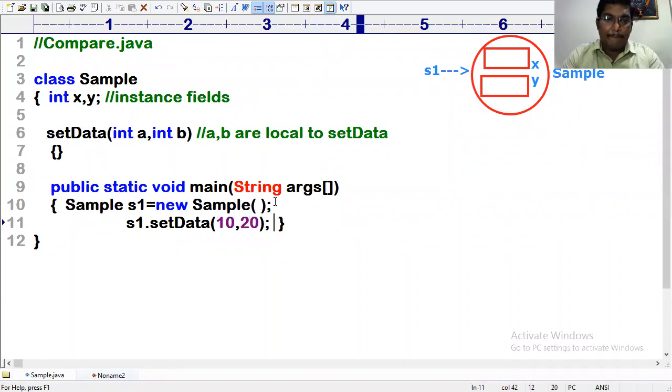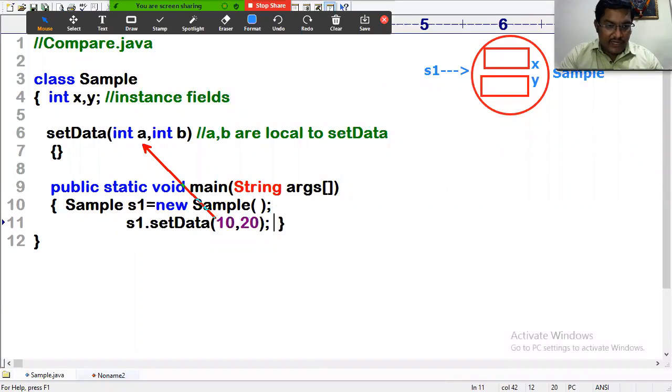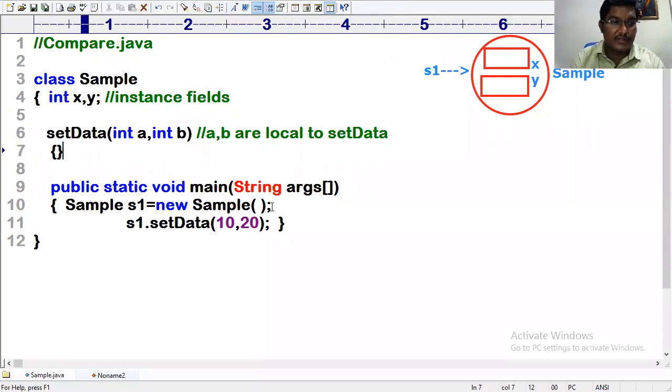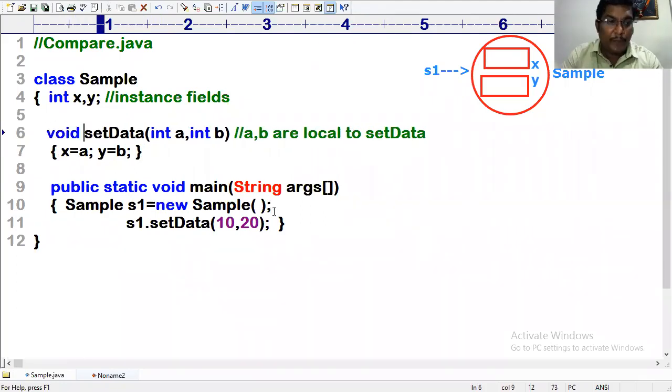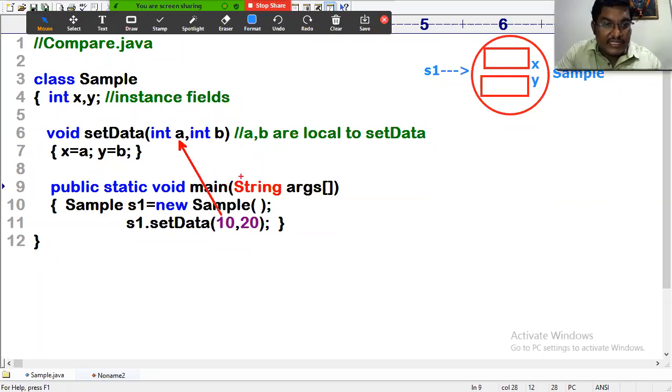This 10 and 20 is taken into A and B, which I want to assign to X and Y, because X and Y are instance fields. So X equal to A, Y equal to B. Is it returning or not returning? No. Simple understanding: 10 is taken into A, 20 is taken into B. The value of A is assigned to X.